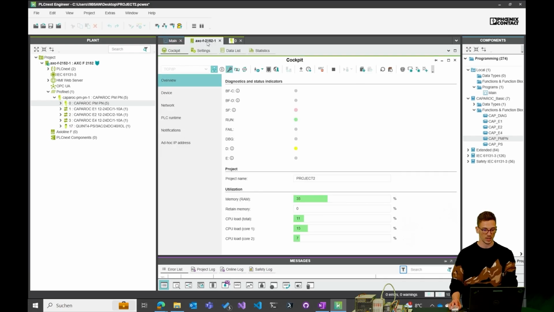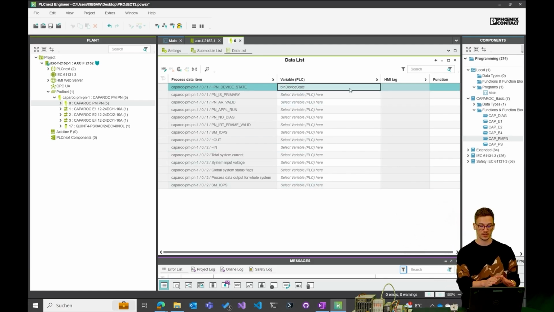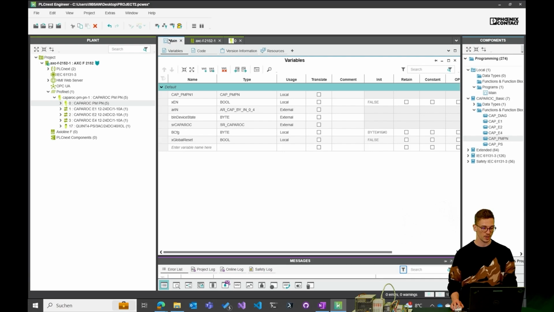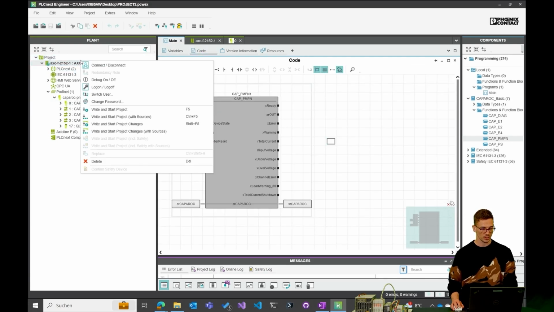So going back to our data list here, now we can see that it automatically appears here, and only the variables with the right data type will appear here. So you can't mix them or anything. The same here with the input data. So ARN, attach the process data item to the variable, and now we should be ready to go. Let's save the project.